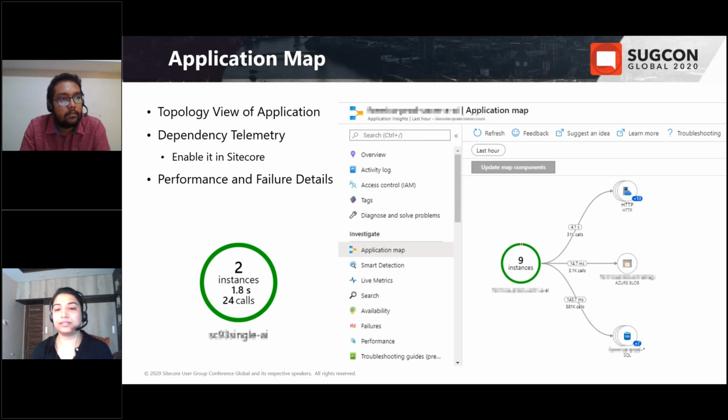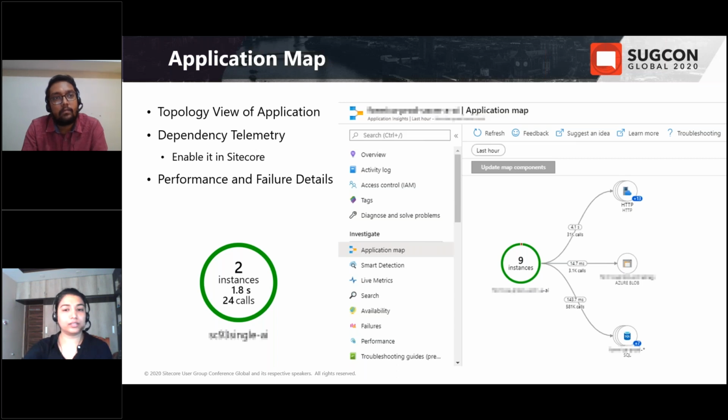To enable it, you need to uncomment a dependency tracking telemetry module configuration, which is already available in the Application Insights config file, located inside the website root folder. This dependency tracking telemetry module is Azure's module, which records the data about the dependency calls in Application Insight. So to view the topology view of our application, we need to enable this in Sitecore.